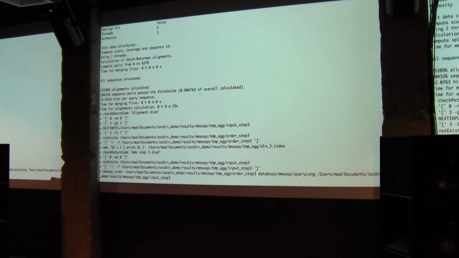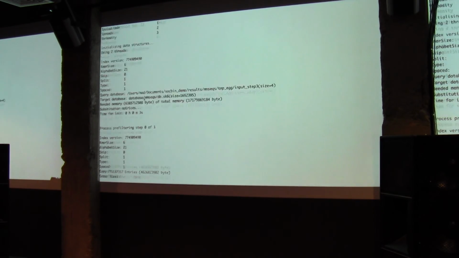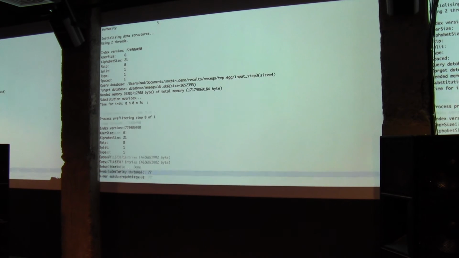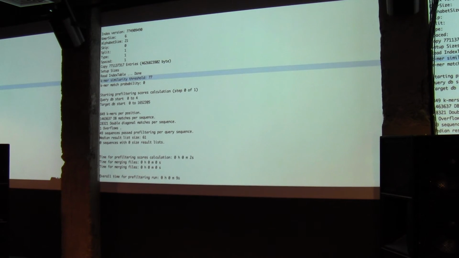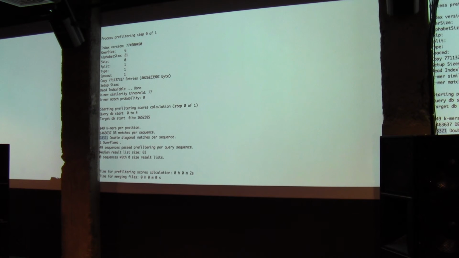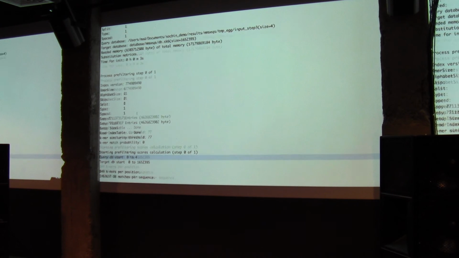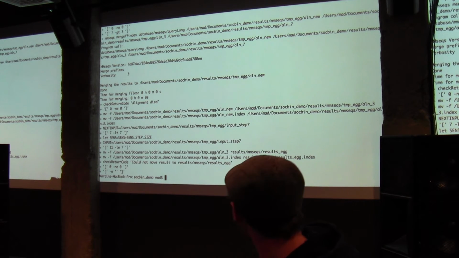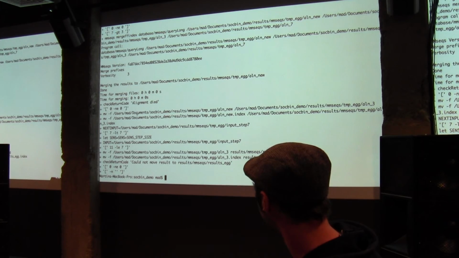Okay, now the alignment is done, and now it starts the next pre-filter, and the next pre-filter is more sensitive now. It now creates around 850 k-mers per position. We see we have a huge amount of database matches per sequence, and also the double diagonal hits go up. But we can do this really fast because there are just 4 sequences left in the set of the 6,000 sequences, because we could already annotate nearly everything in the first iteration. So we are done and annotated all the sequences for this example. So this is really handy for annotating a huge amount of metagenomics data.